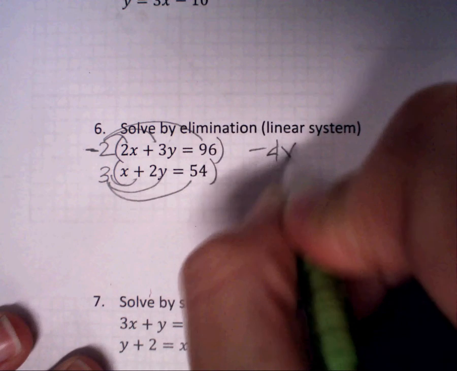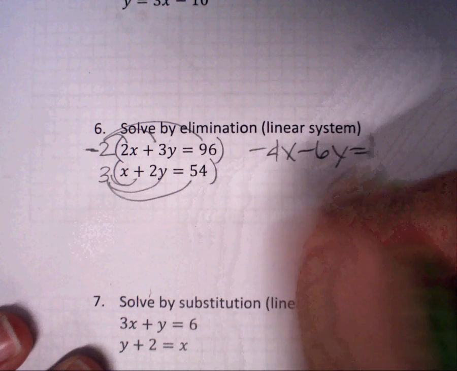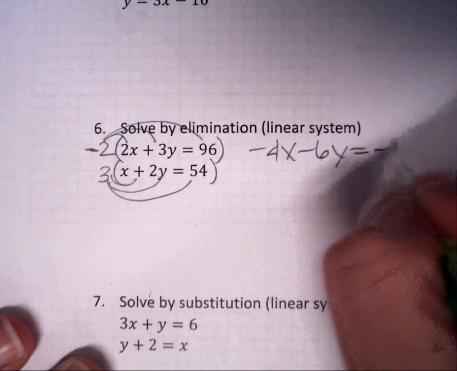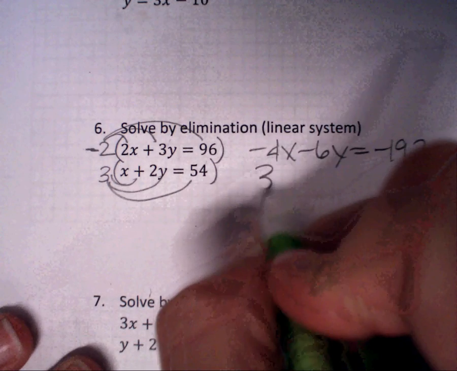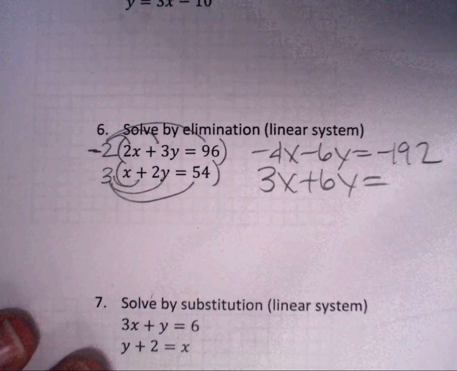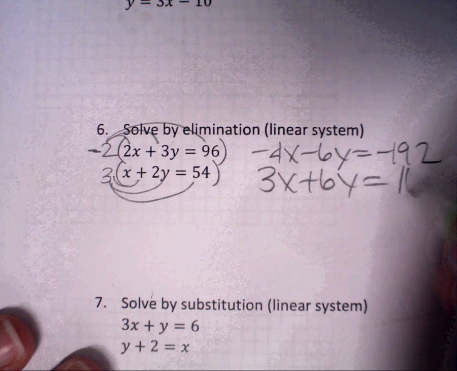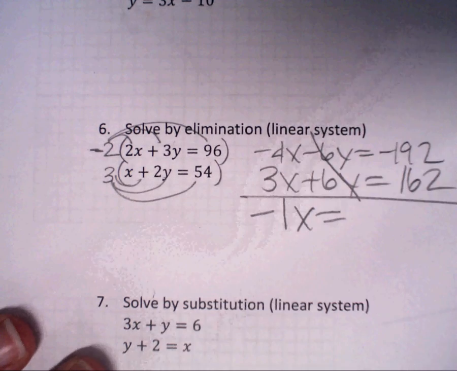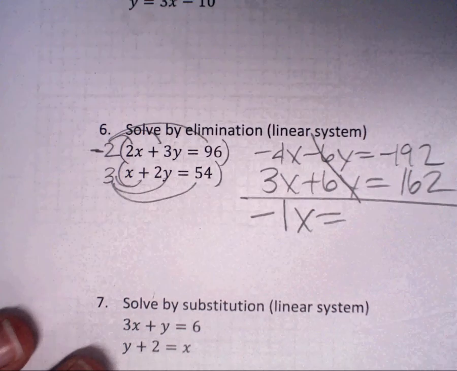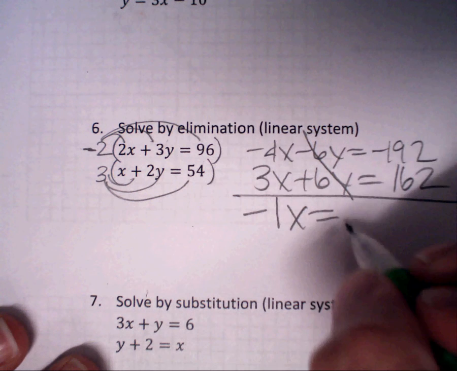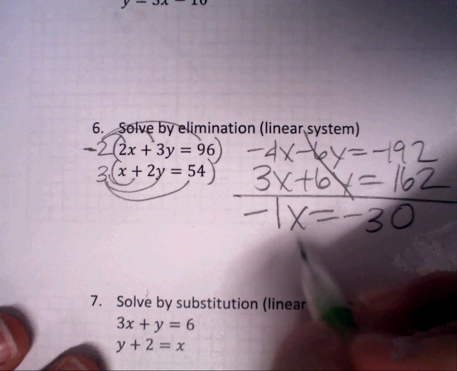So that's negative 4x minus 6y equals negative 192. 3x plus 6y equals 162. Cancels, negative 1x equals